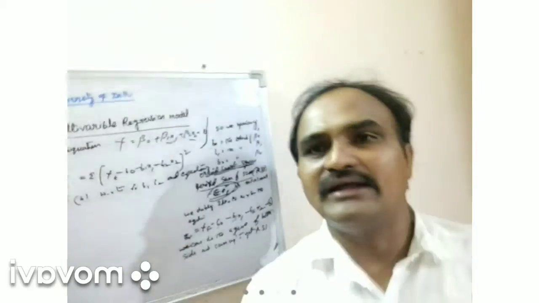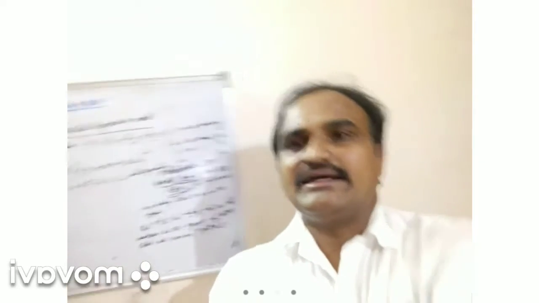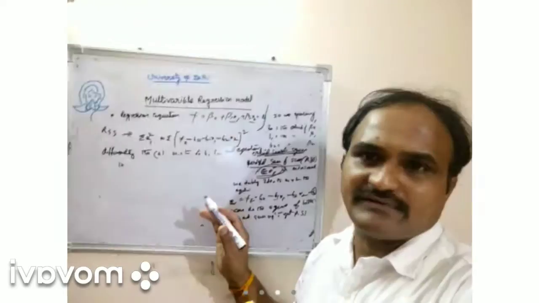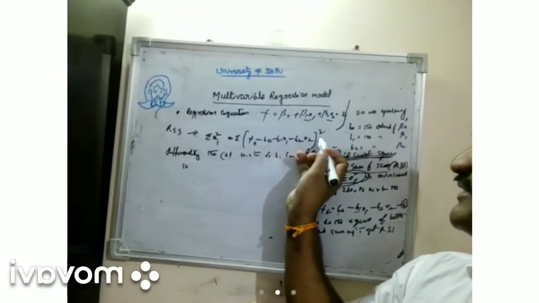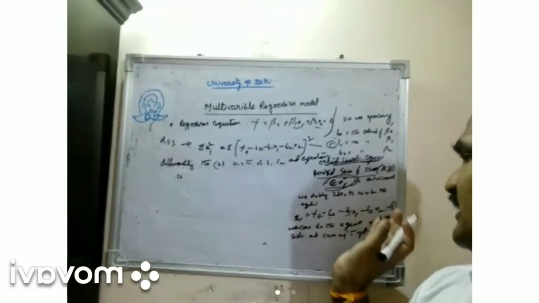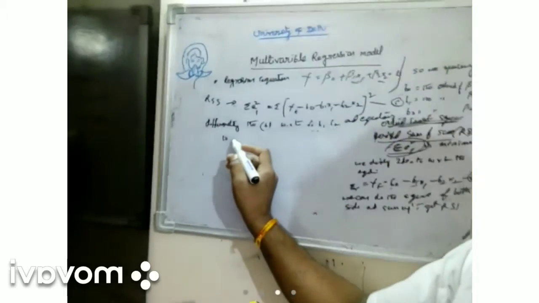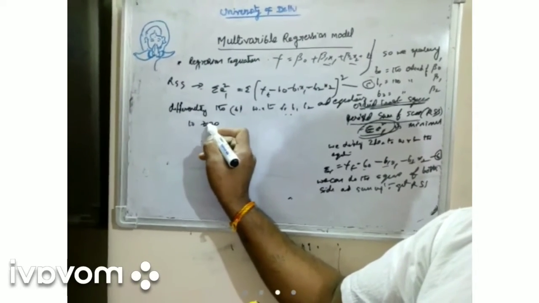What is the differentiation? There are two rules of differentiation. One is equal to 0. The other is that the minimum or maximum values can be less than 0 or greater than 0. That is the differentiation. After you differentiate the values in these six equations, you write b1, b0, b2 in the equation, equal to 0.